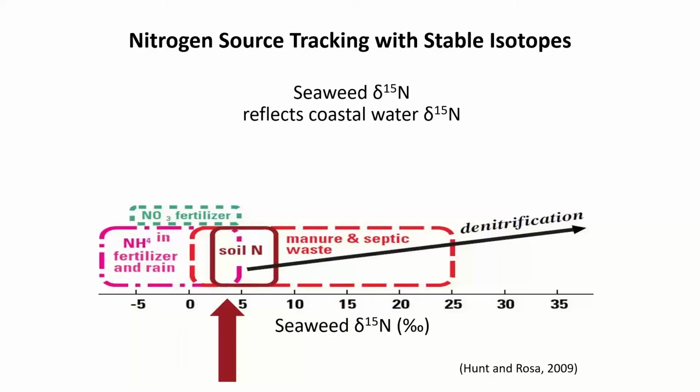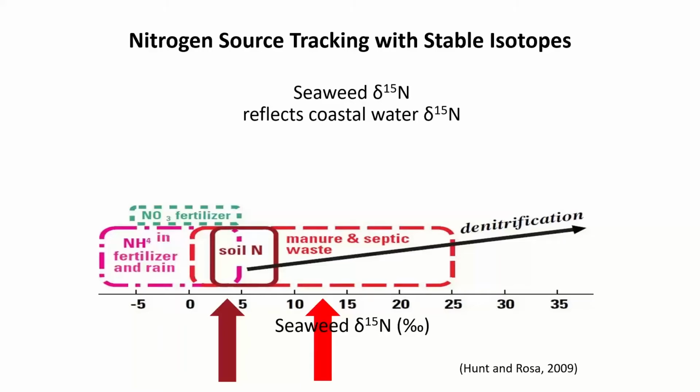Looking at this graph, it could be a mix of wastewater. We're unsure at this level. However, if it comes back as 13 or so, we're fairly certain that the nitrogen in the seaweed tissue came from a wastewater source, a denitrified source, and that could be any OSDS